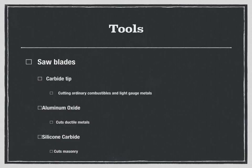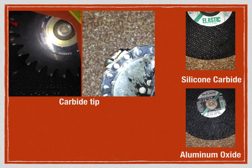Saw blades. We carry 3 primary saw blades on our saws: the carbide tip blade, the aluminum oxide blade, and the silicone carbide blade. As we learned in Essentials class, the carbide tip blade is used to cut ordinary combustibles and light-gauged metals. The silicone carbide blade, which is usually carried on the rotary saw, is used to cut brick